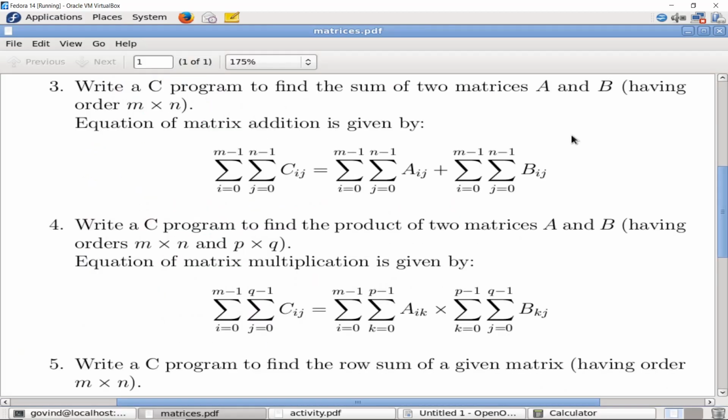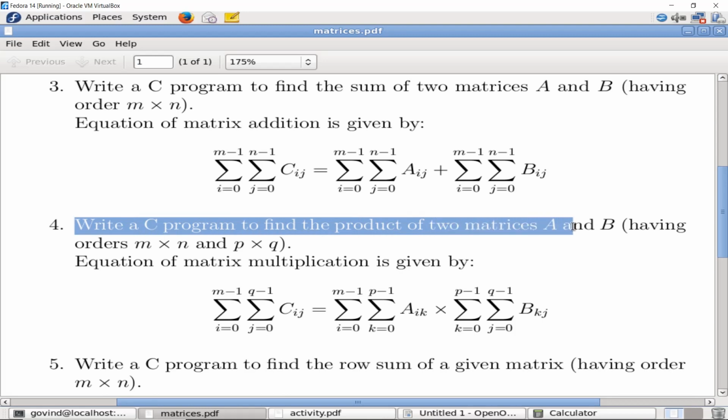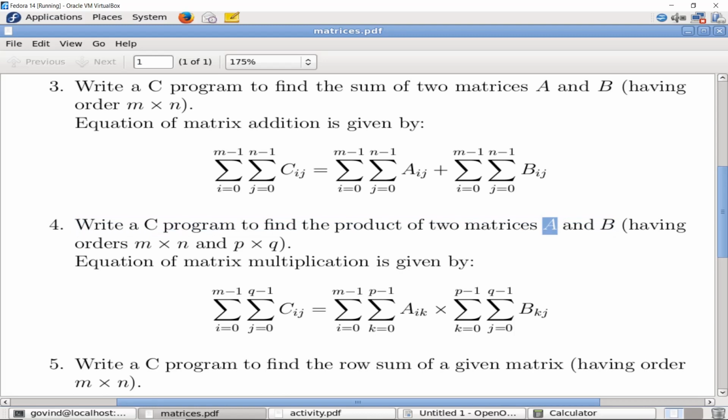We will now see the next problem definition, which is to write a C program to find the product of two matrices A and B, given the order of matrix A as m cross n and the order of matrix B as P cross Q. The matrix multiplication is not a trivial implementation because the previous problem, matrix addition, was element wise addition.